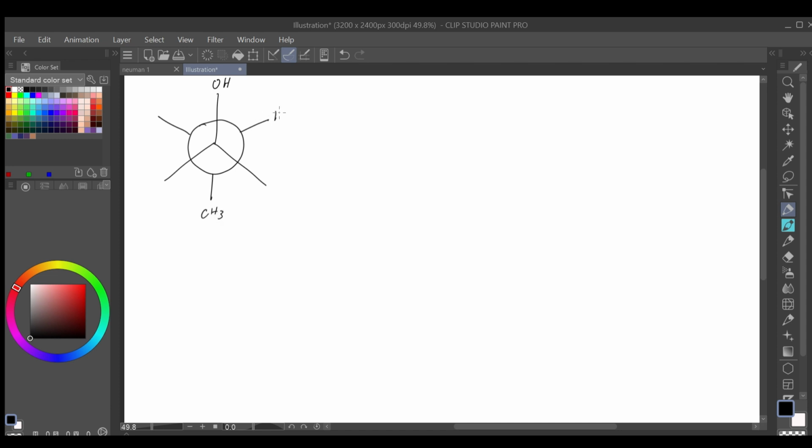Here we have a 3-carbon alcohol with the OH hydroxyl group. Let me draw in the hydrogen as well. Color code for you because I'm nice. We're going to do the line angle later on. Color code will help. The point here is the two largest groups of this molecule, the hydroxyl OH and the